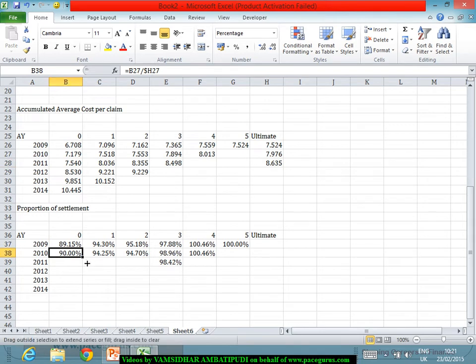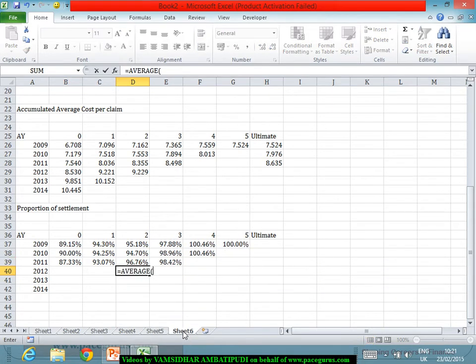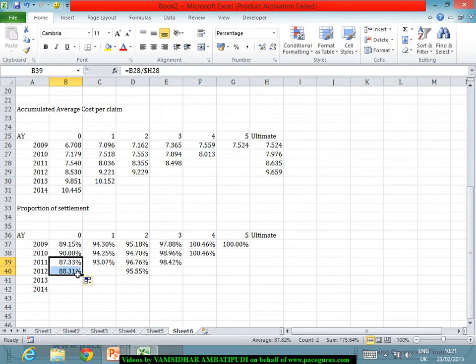Now using the same logic, I'll do this for 2011, wherein it gives 87.33%, 93.07%, and 96.76%. Now the same logic again here. I'll take the average of these three numbers, corresponding to 9.229. Based on this, the ultimate number comes out to around 9.659, and I can continue the same formula here. For 2012 I am getting 88.31 and